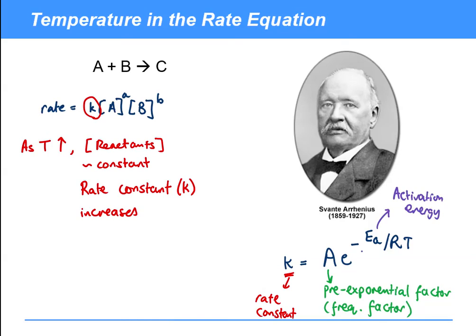So it's basically telling us that there is a link between the rate constant and the activation energy, and we'll think more about that in a moment. The next bit it has in it is this term RT, and what this term RT is doing, you've got the temperature in there. Now R is the gas constant,